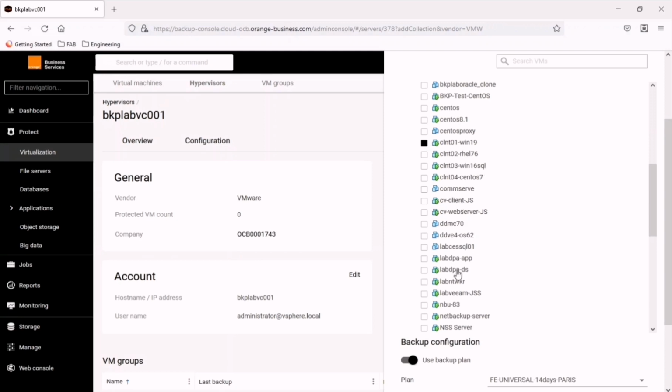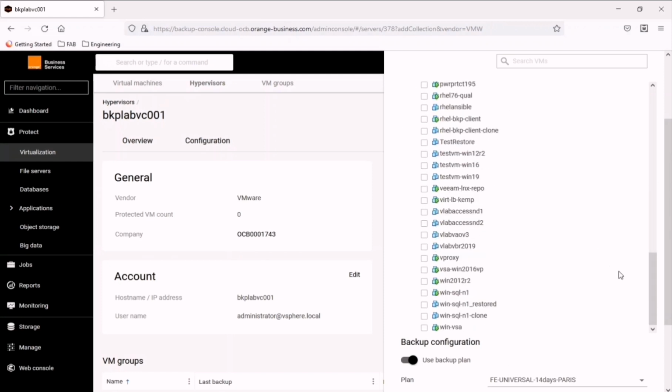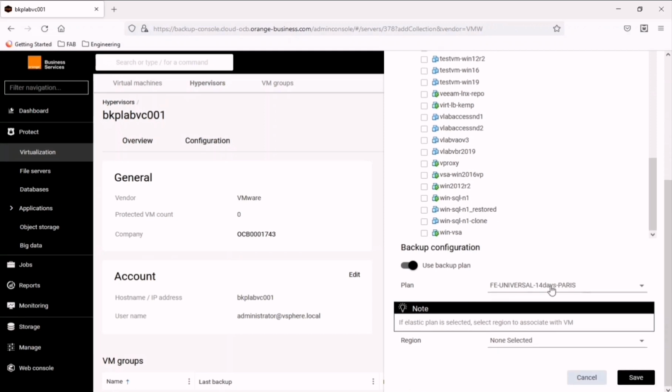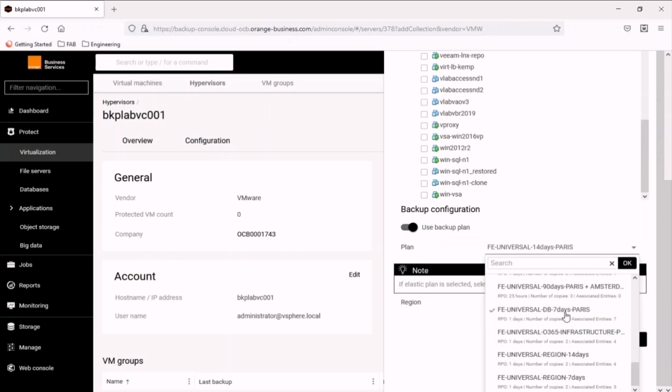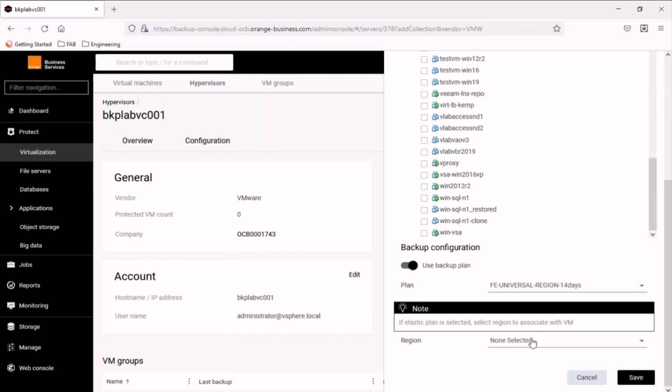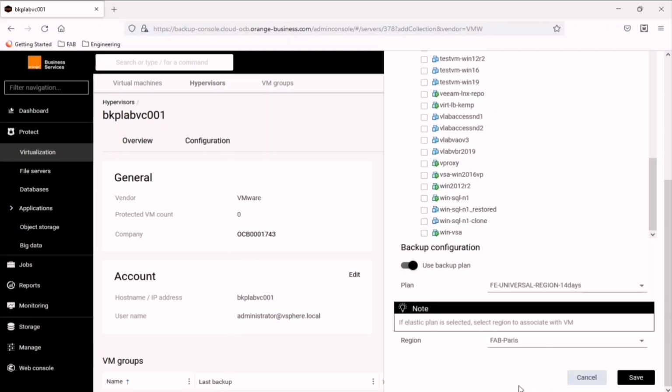If you want to take a backup of more clients, you can select the VM from the list. And now we need to select the plan for this backup, and also we need to select the region. So right now we are configuring this VSA in the Paris region.